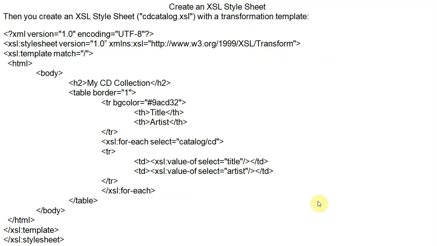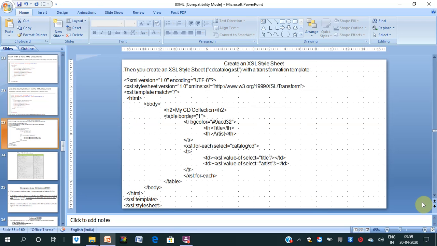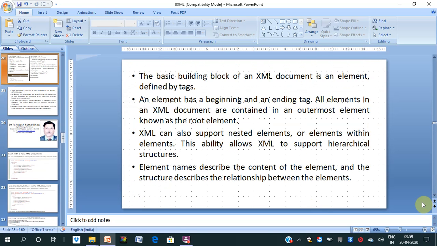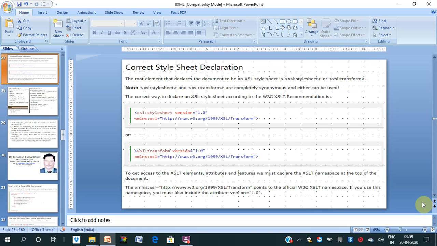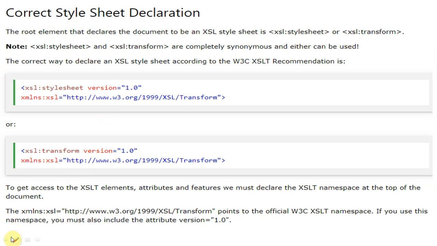You can see this namespace here also, the XSL namespace, in this program it is given. To get access to the XSLT element and attribute features, we must declare the XSLT namespace at the top of the document. So this is the XSLT namespace.